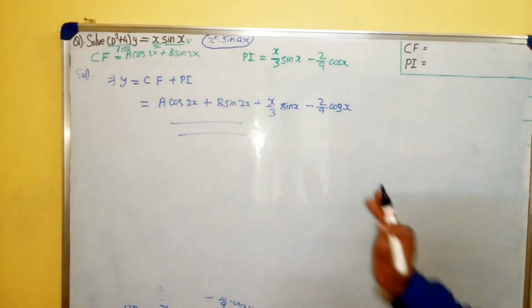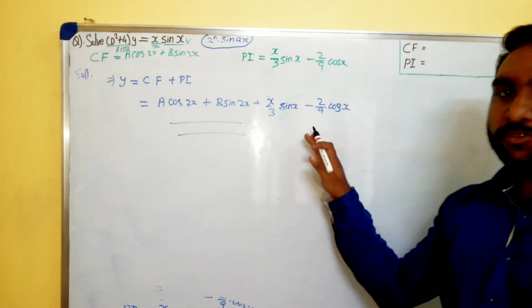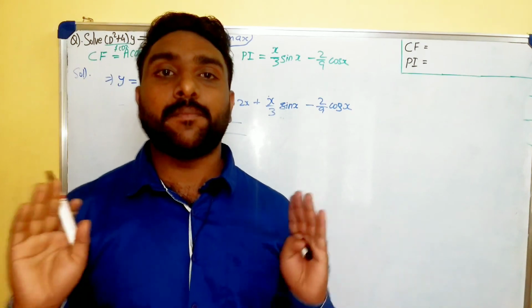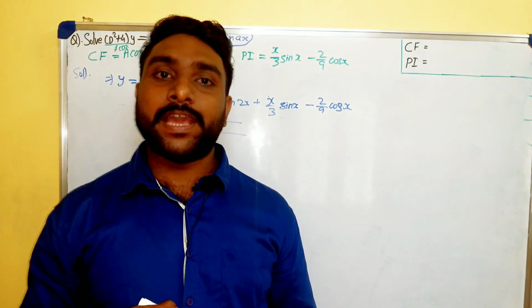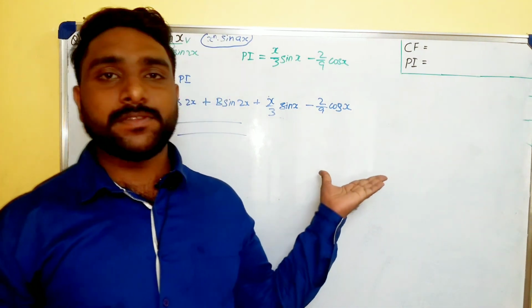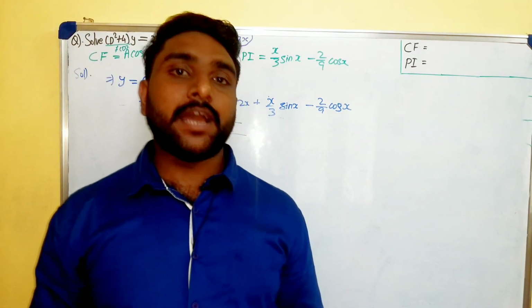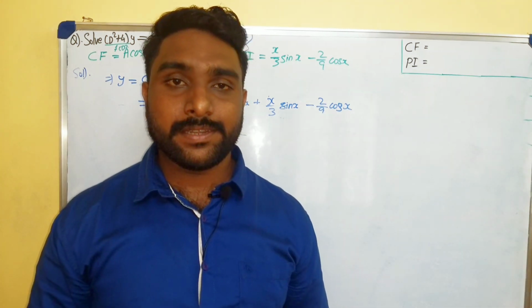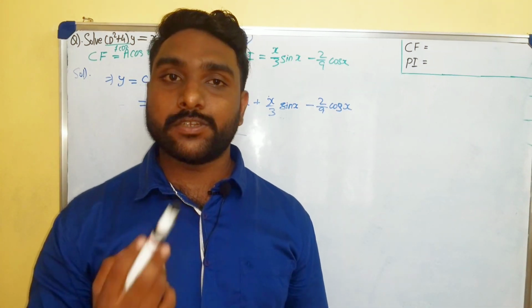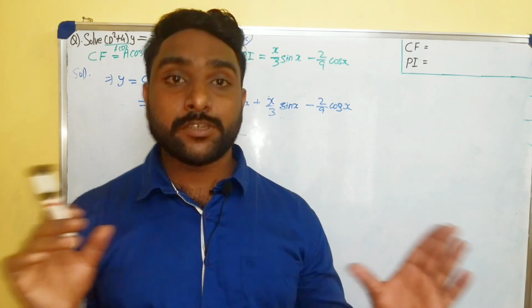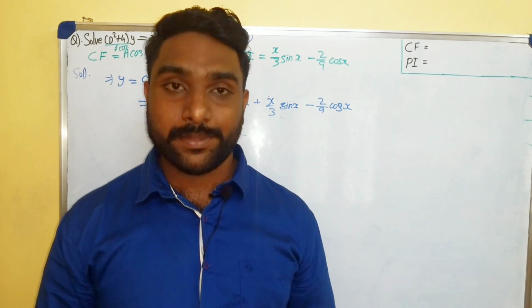So today with this video and with this topic, our linear equation with constant coefficients is completed. So we have explained 8 topics in this, and with the completion of this, we will be starting with module 2 in ordinary differential equation, that is method of variation of parameters. So see you in the next video with a fresh topic, that is method of variation of parameters.